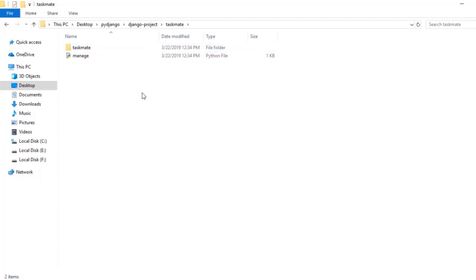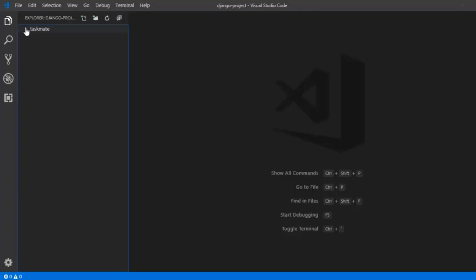So it's better to switch from this screen to our VS Code screen, or maybe Atom or your PyCharm, so you will understand the structure of your Django project. Now this is a project folder right now. So I have opened Django project inside my VS Code, and here you will see my taskmate folder. Now let me explain you some small things regarding this particular folder, and in the next lecture we will be talking about Django structure as well as Django flow, which are quite important for you to clarify whole Django thing.